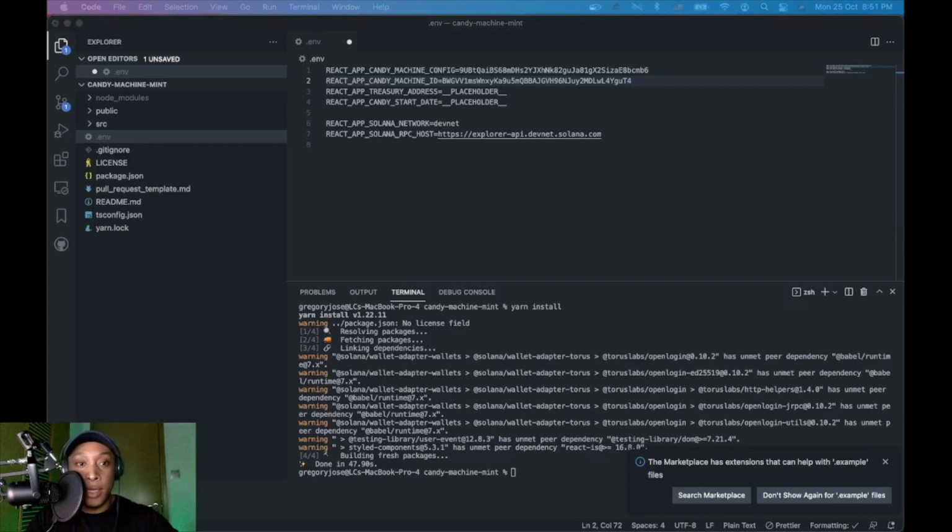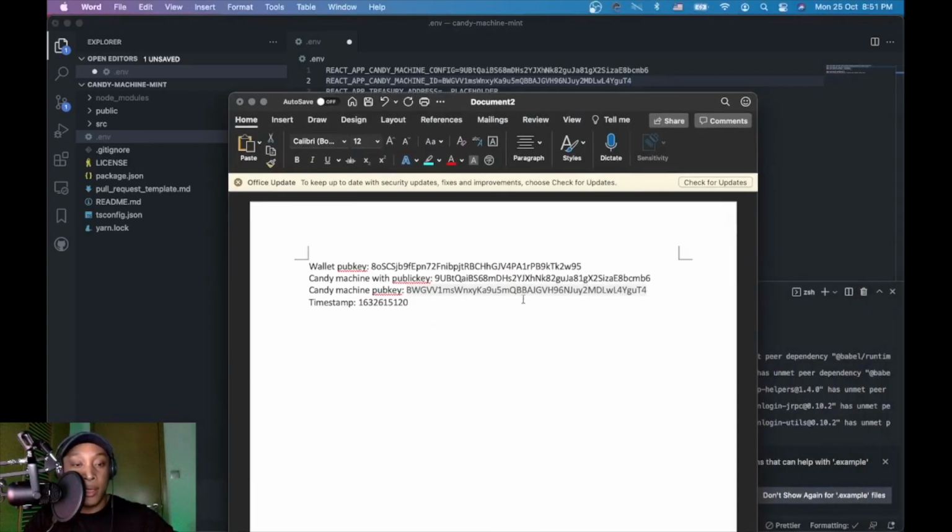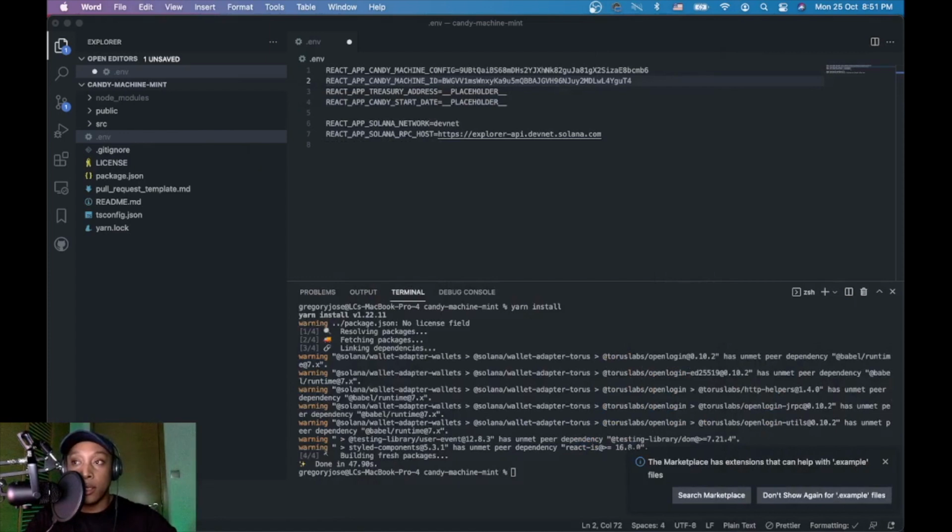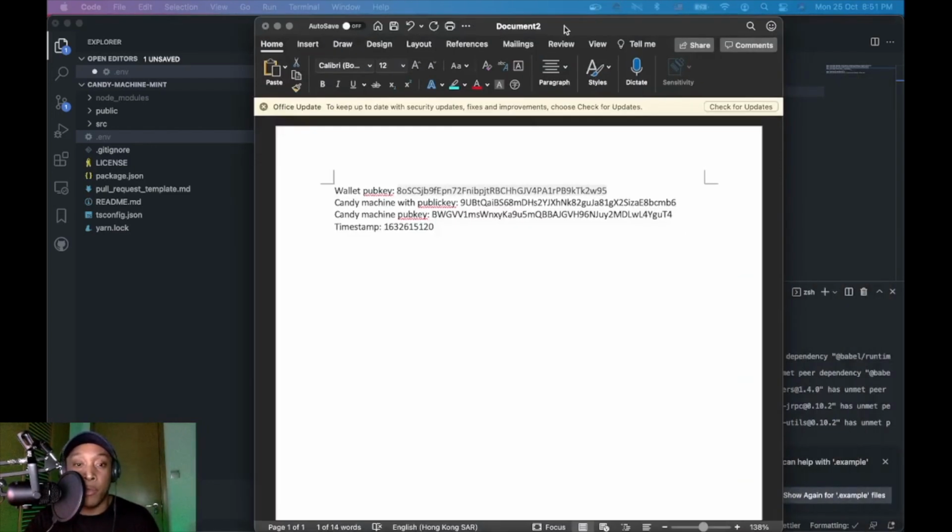And then finally, the third one is the original wallet public key. So I'm gonna copy here and then paste it. And then obviously the React app candy start is the timestamp that we've saved earlier, right? So I'm gonna copy that